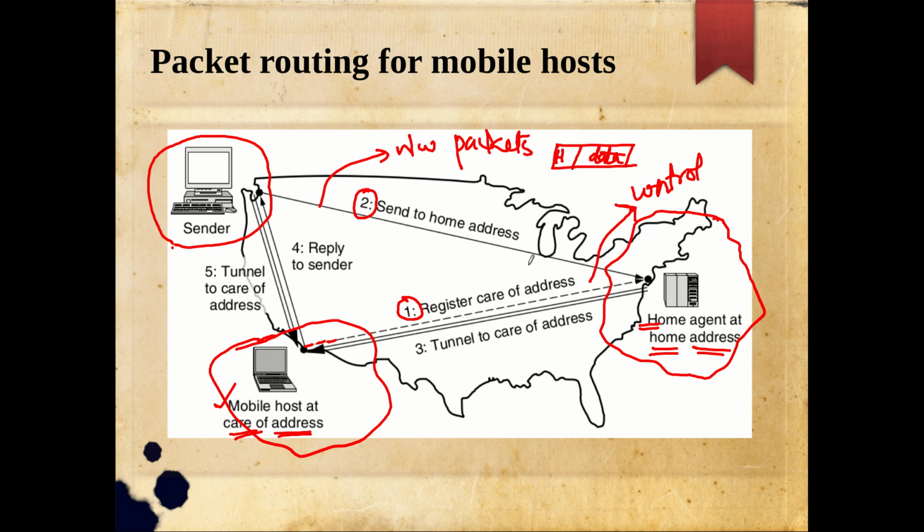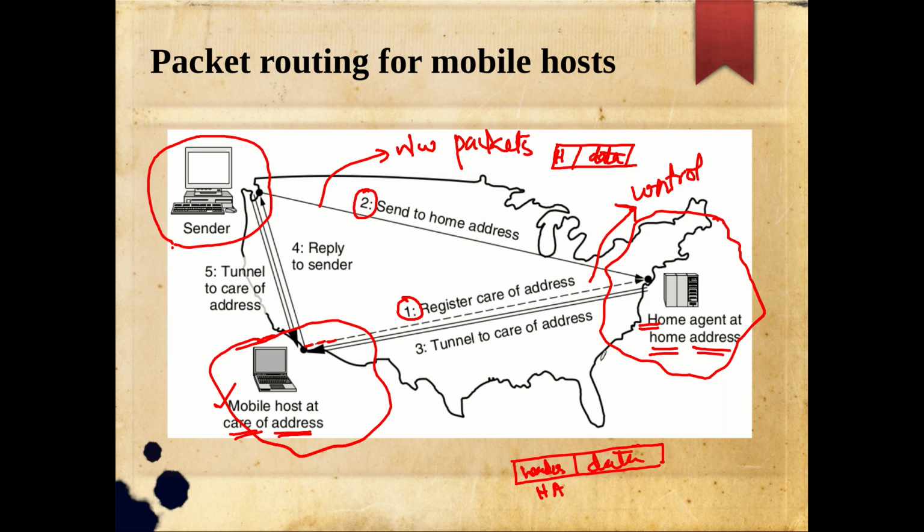So any IP packet, I mean any unit of information, whether it is at the data link layer or network layer, when it comes to a network layer packet, there will be a data field, the actual data it wants to communicate, and there is a header field. And in that header field there are many fields, and one such field is the home address of the device. So let me write it: the home address is contained in the header, right?